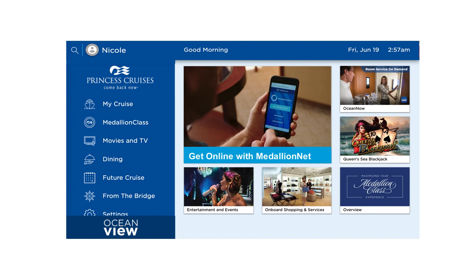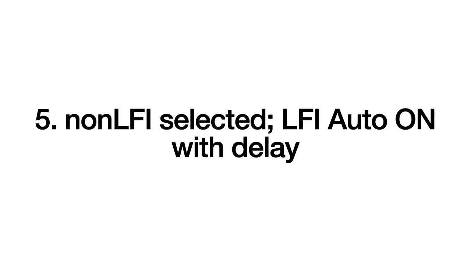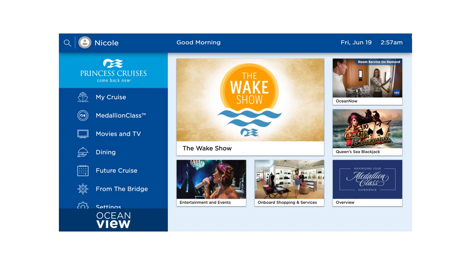They then return to the home screen. Get Online with MedallionNet is still available, as it is the thing that was playing, the third item in the queue. If the user were to select from here, the video would begin playing from where they left off. There's a question that will be addressed in the sixth example from this point. The fifth example, non-LFI is selected, LFI auto on with delay. What does that mean? So the user turns the